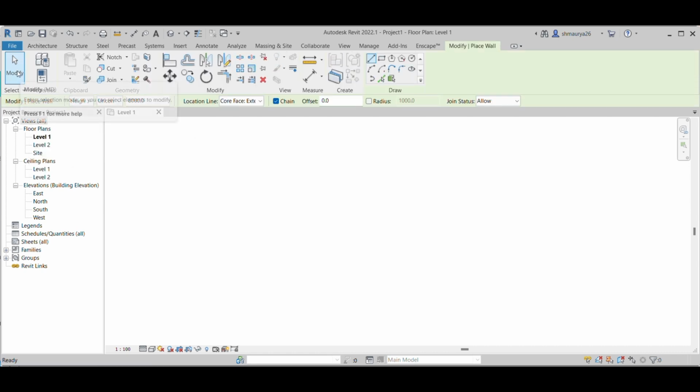Now, let me first introduce this thing. What are these things actually? Basically, you can see a number of tools open here. These tools are known as modification tools, and you can see new tabs are also open. So this panel is known as the modification panel, and